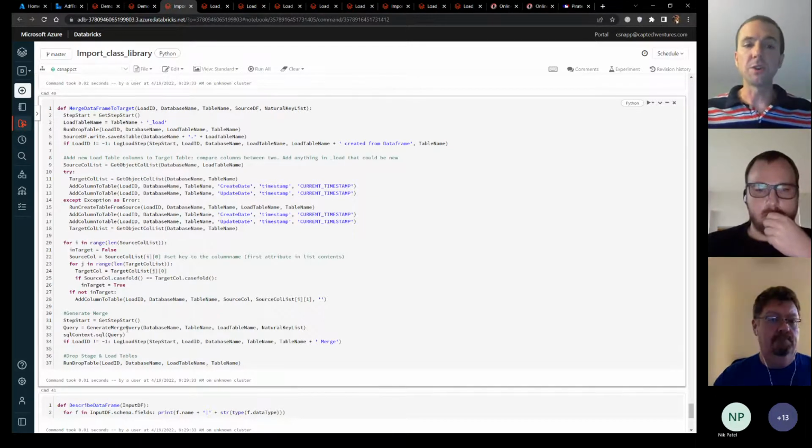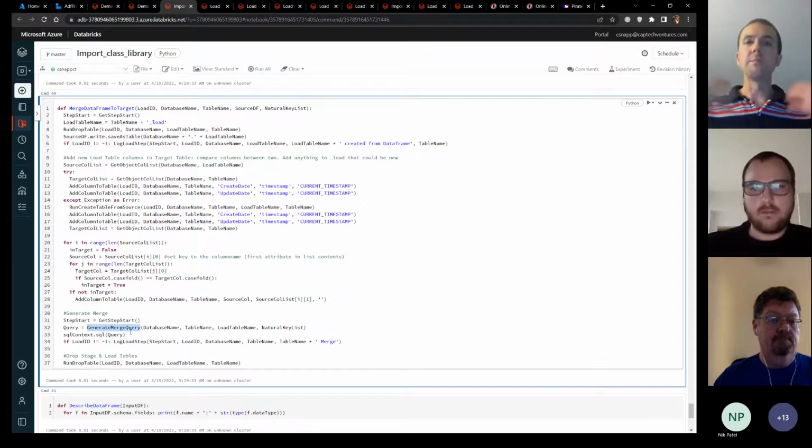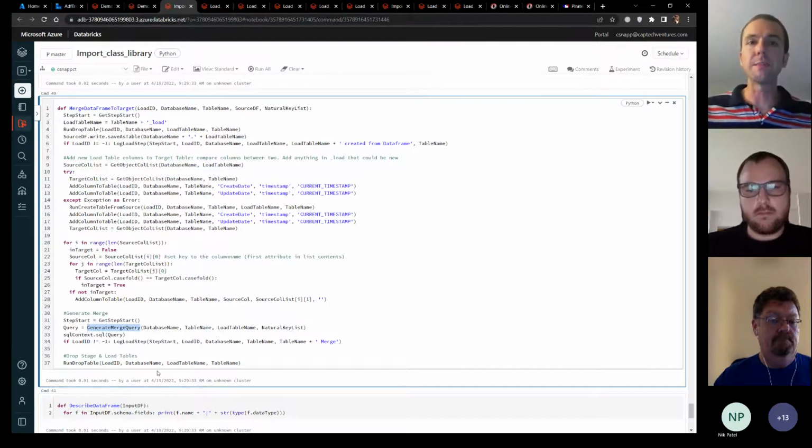So this generate merge query function goes to my library and says, hey, I'd like you to build a merge command for me based on these natural keys and these two things. It's going to materialize your data frame into a target table, then do the join of those two tables. It's going to look for a change, and it's going to apply the change for you. And I like the idea of making your functions schema managing, like intelligent. So let it manage all that schema for you so that nothing errors out when it loads.